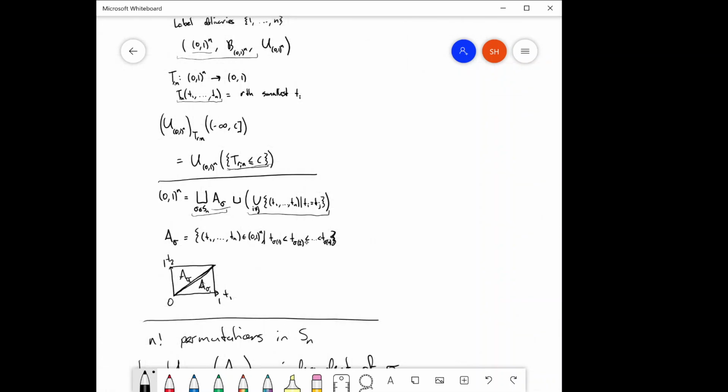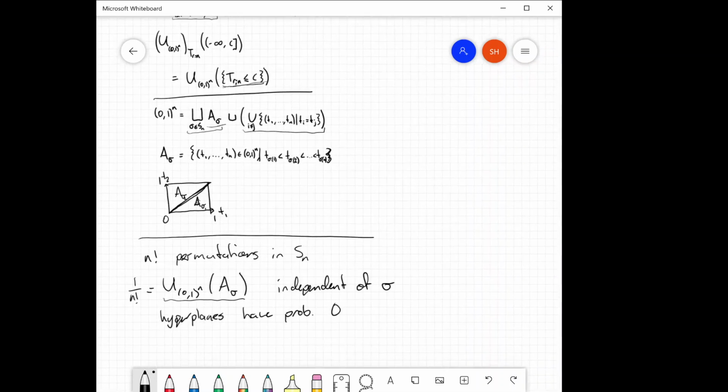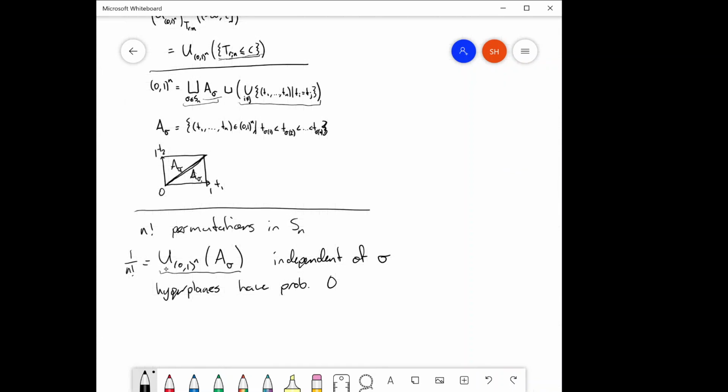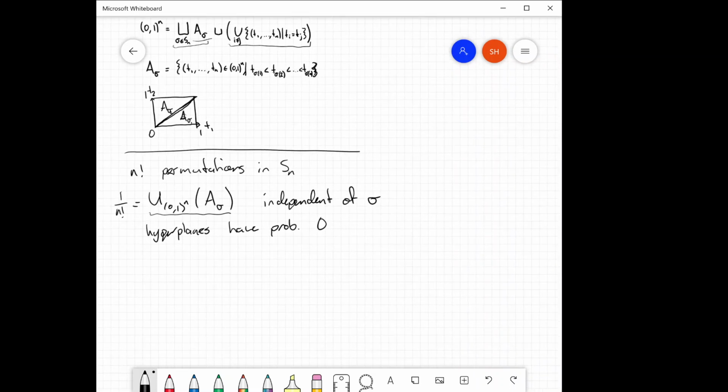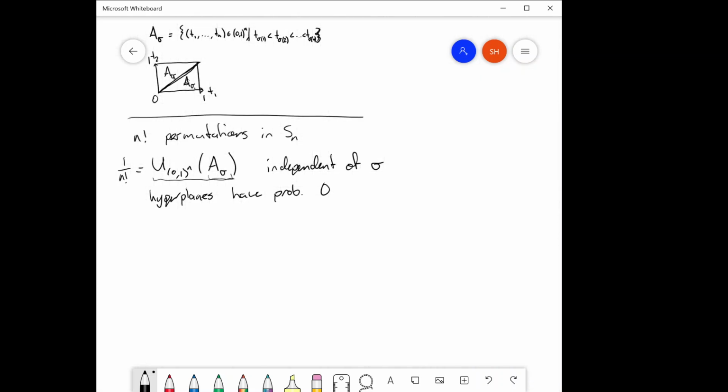So it's going to be sigma of R, and because the volume of each of these sets doesn't depend on sigma, we can reduce this problem quite a lot, because you're going to just get exactly the same contribution from each A sigma n factorial times. So using that, we get U of 0, 1 to the n of T_R^n less than or equal to c